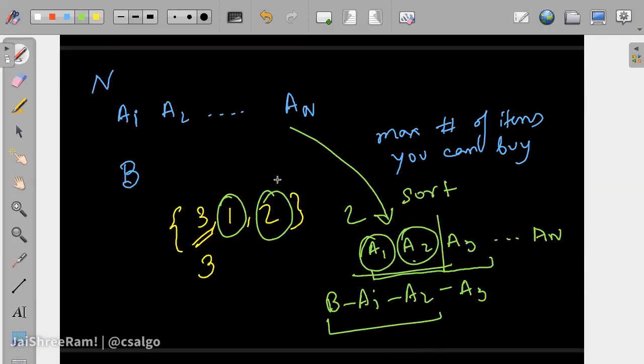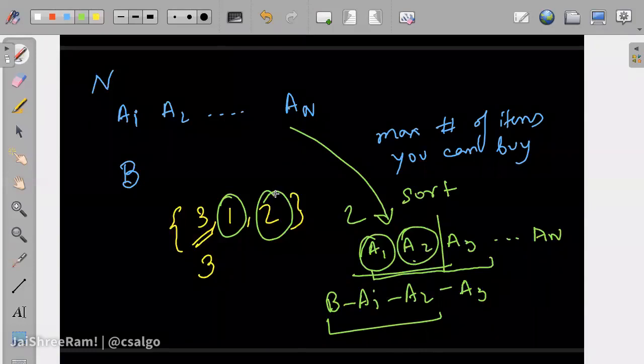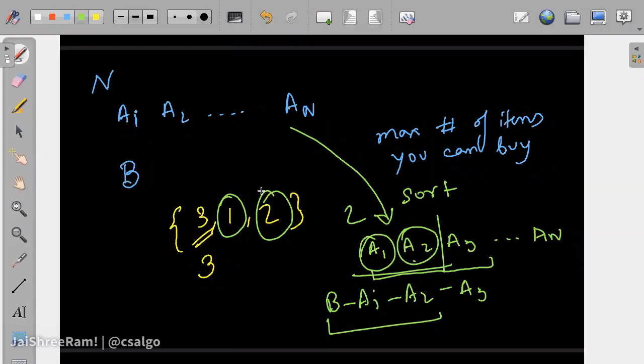So can someone tell me what's the time complexity for this problem? How many of you have gone through the STL rundown video on the platform? Okay.